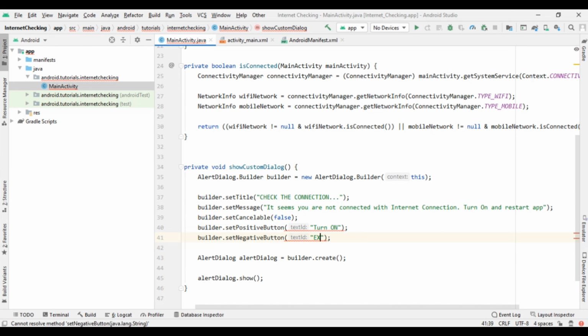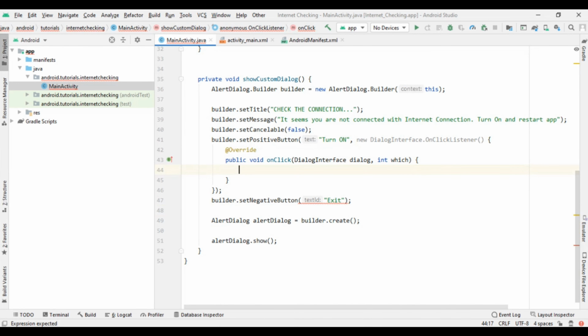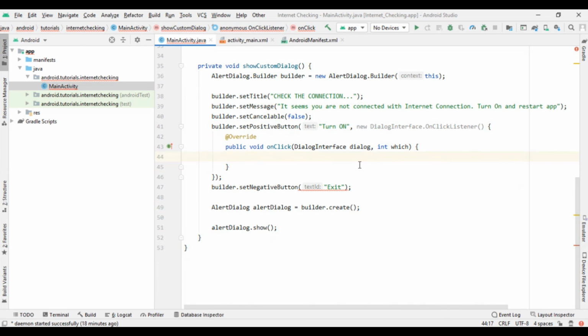So new DialogInterface.OnClickListener, and implement that same method with the exit button. So comma new OnClickListener for exit. So here we have written the exit dialog click listener.